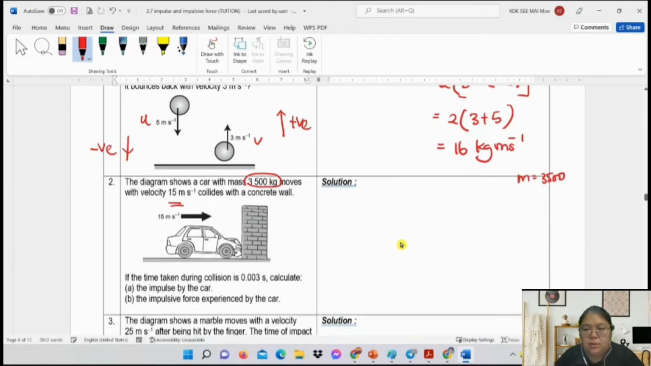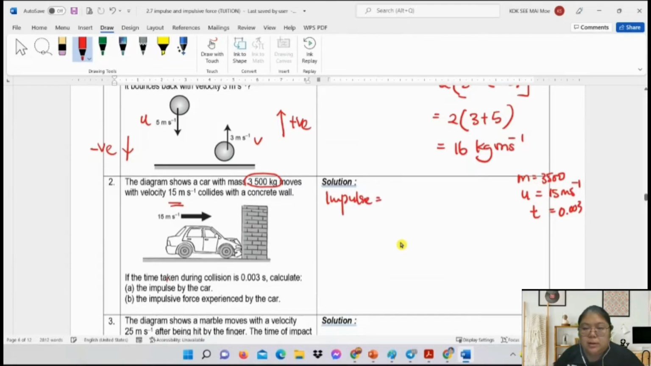3,500, u is 15. It collides with the concrete wall. The collision time is 0.003. Find the impulse of the car. The question never mentioned final velocity, so we assume there is only one velocity. No need to put the negative. Straightforward to apply. So the impulse,